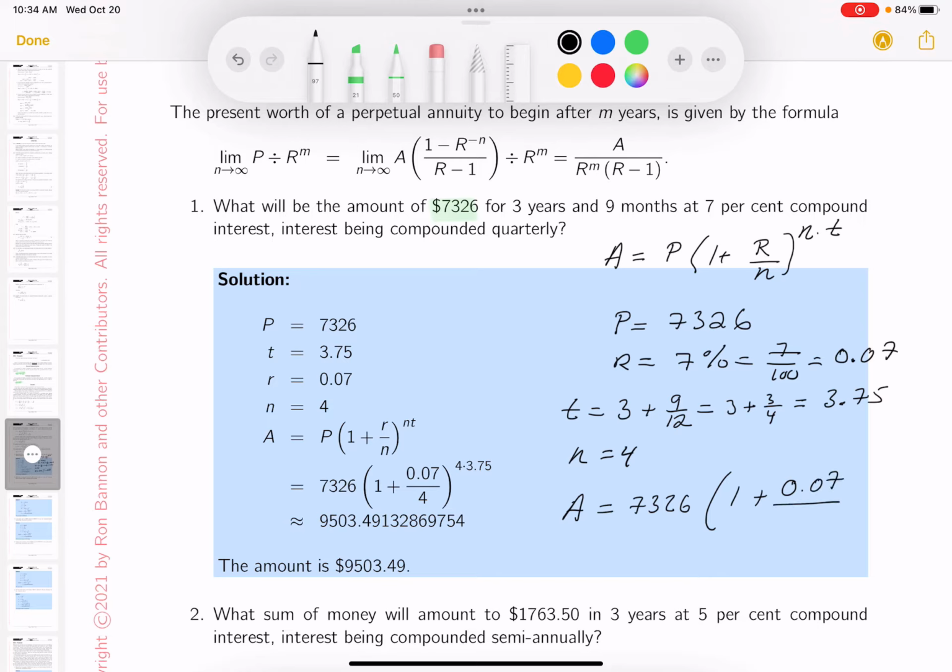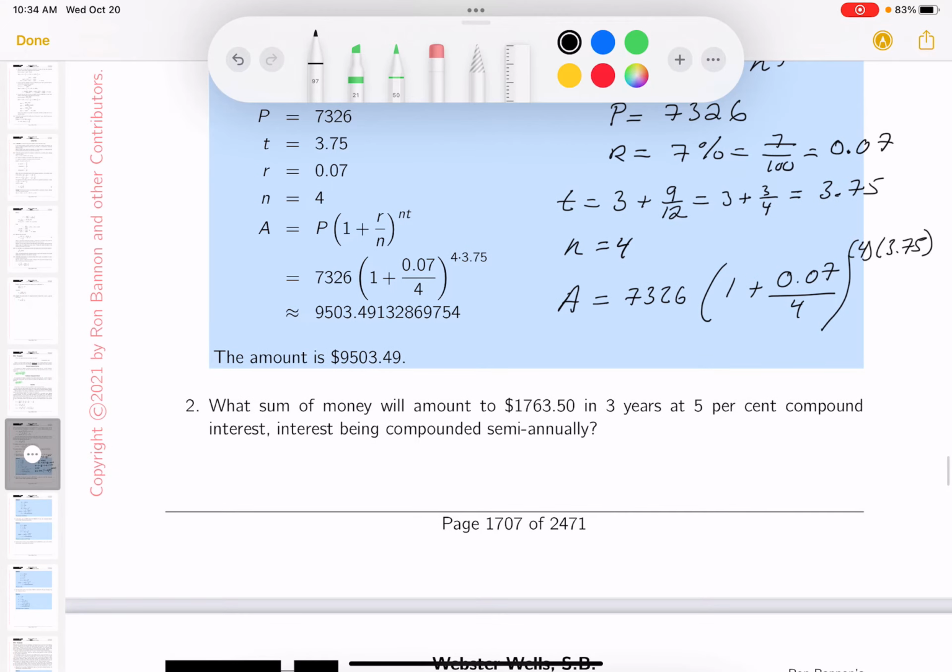0.07. What's the N? The N is 4. And yeah, we can do this on a calculator. And what's the power? It's going to be 4 times 3.75. All right? Now, if I were using a calculator, the way it would look on a calculator is,